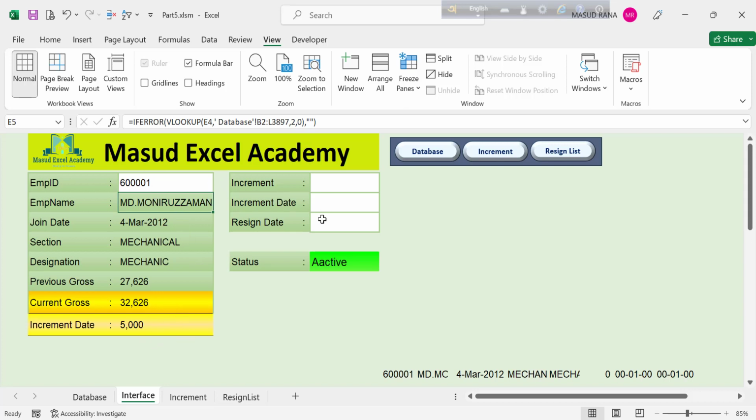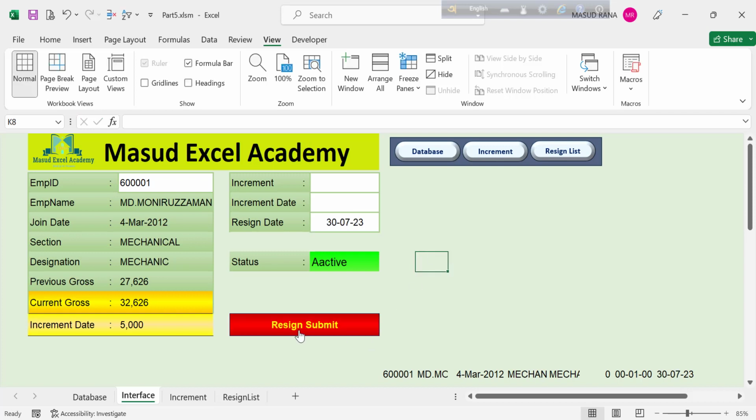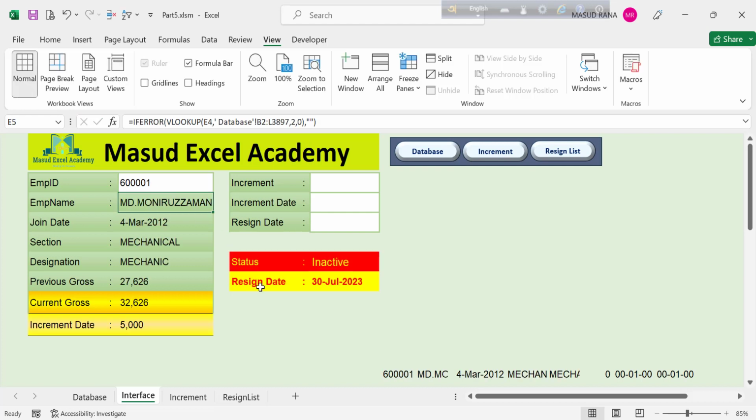Again we set the resign date here to 7 and 23. Now submit to the resign list. Okay, now input the ID again. Now you see